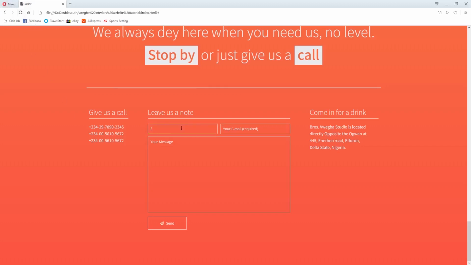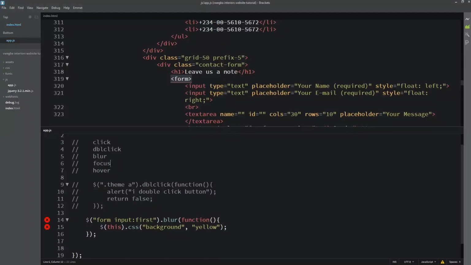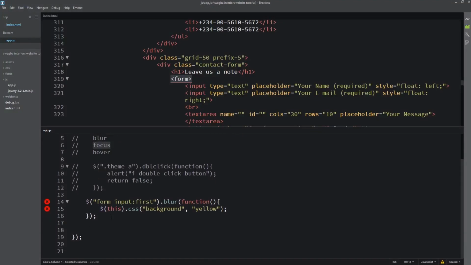Once you click inside and type what you want to type, you finish and enter the next one, meaning this one will lose focus. So the moment you lose focus, the blur event handler takes effect. Then entering the next one brings the focus, so the focus event will happen when they focus on that particular element.